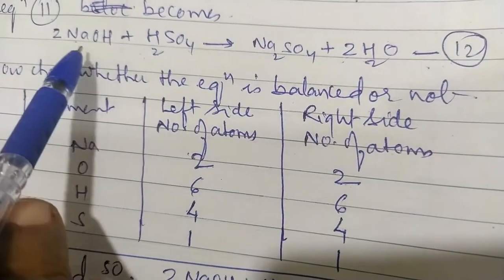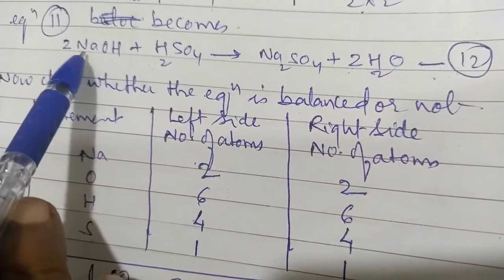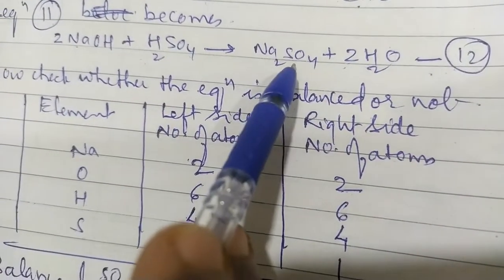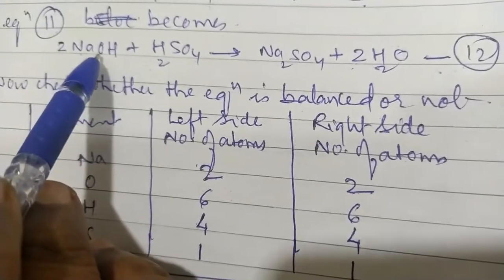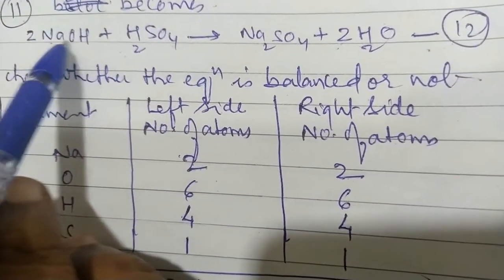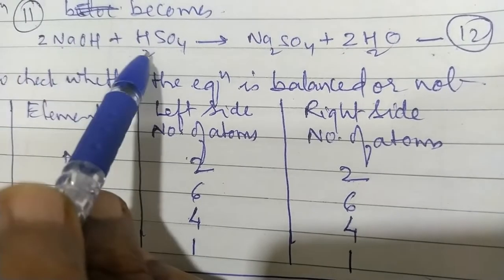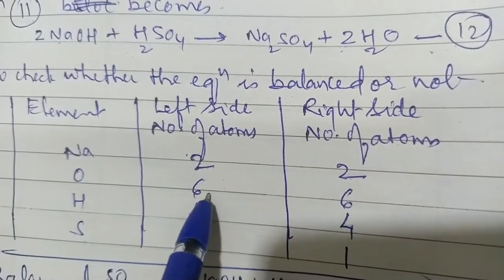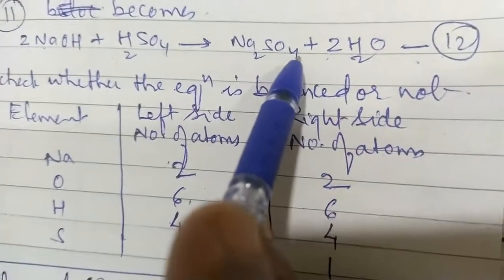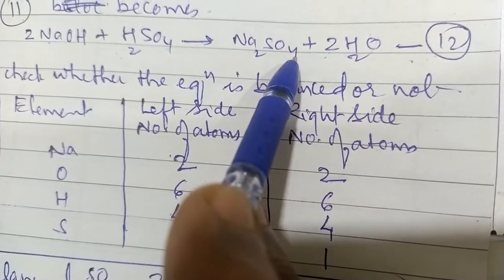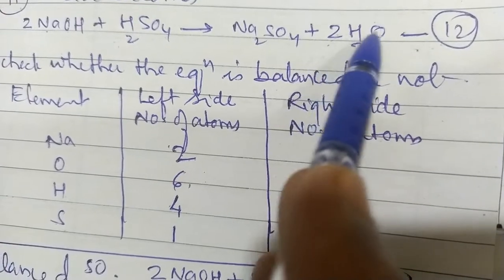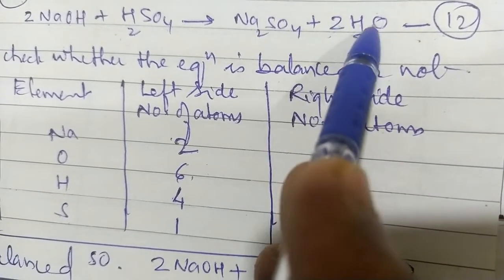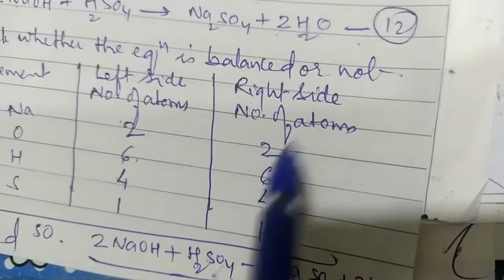Okay. Now we have to see sodium. How many sodium atoms are there? 2. On the right side 2 are there. Okay, I have written. Then what is oxygen? Okay, oxygen how many are there? Here 2 and here 4. 6. Okay, I have written 6. Here how many are there? 4 oxygen here. Okay, and 2 here. So 2 means for this hydrogen as well as oxygen. So 2 and 4, 6 as it is. Okay, so it is balanced.